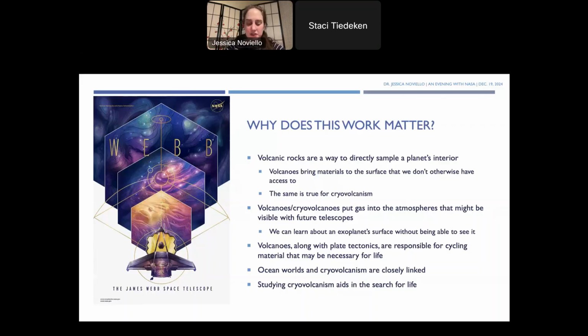signatures. We also know that volcanoes, while they can be incredibly destructive, are also important for fertilizing soil around the Earth. We know that volcanoes are also a part of plate tectonics. So there's this constant cycling of materials that's happening on this planet. We think it's possible it could happen elsewhere in the solar system, although right now, Earth is the only place that has plate tectonics as we know them now. We think that this kind of cycling might be necessary for life, or at least the sustainability of life on Earth. And then the last thing is to say that when looking for life in exoplanets, we are always